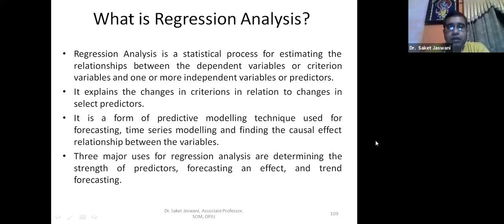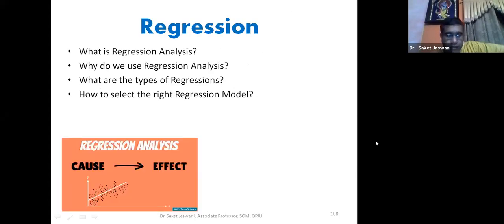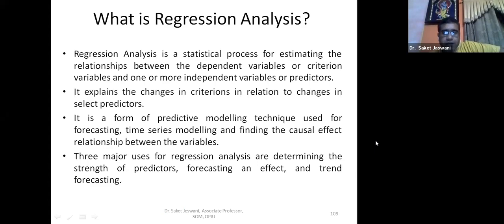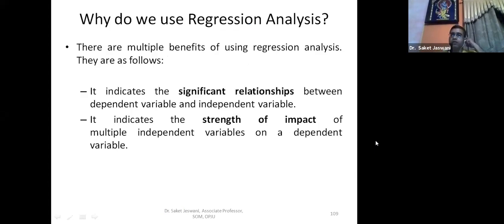ठीक है. तो ये फोरकास्टिंग के लिए यूज किया जा सकता है, कि अगर आप एक प्रोडक्ट का एडवर्टीजमेंट इतने बार दिखाओगे तो प्रोडक्ट की सेल्स बढ़ जाएगी, ठीक है। तो ये प्रेडिक्शन के लिए काम आता है। सो तीन तरीके के यूजेस होते हैं रिग्रेशन एनालिसिस के: डिटरमाइनिंग द स्ट्रेंथ ऑफ प्रेडिक्टर्स, कितना किस स्ट्रेंथ से कैसे अफेक्ट करता है, फोरकास्टिंग भी करता है ये कि फ्यूचर में क्या हो सकता है, और ट्रेंड कैसा जाएगा, राइट। सो देयर इज ए लीनियर रिलेशनशिप बनती है बिटवीन इंडिपेंडेंट एंड डिपेंडेंट वेरिएबल। एक ग्राफ, लीनियर ग्राफ आप देखते हो, यू कैन सी दिस हियर, ठीक है। तो इससे पता चलता है हमें फ्यूचर का ट्रेंड कि कैसे इंडिपेंडेंट वेरिएबल बढ़ेगा तो डिपेंडेंट वेरिएबल कैसे बढ़ेगा, राइट।